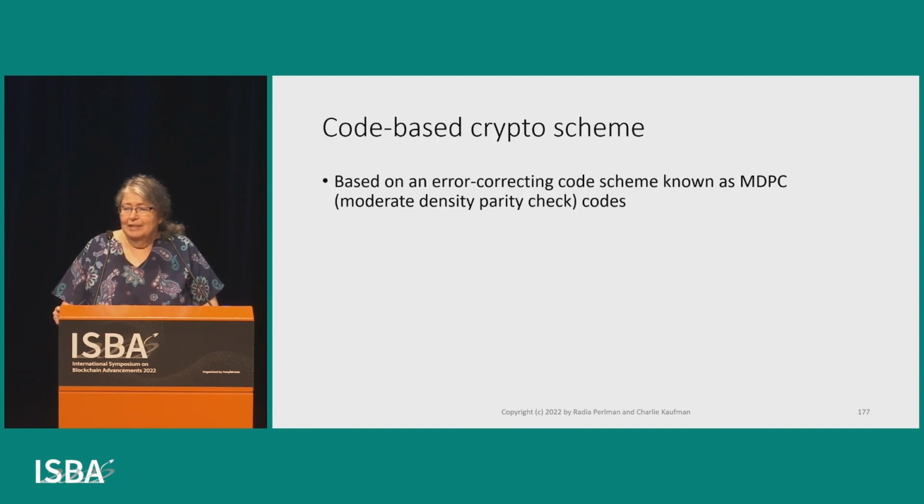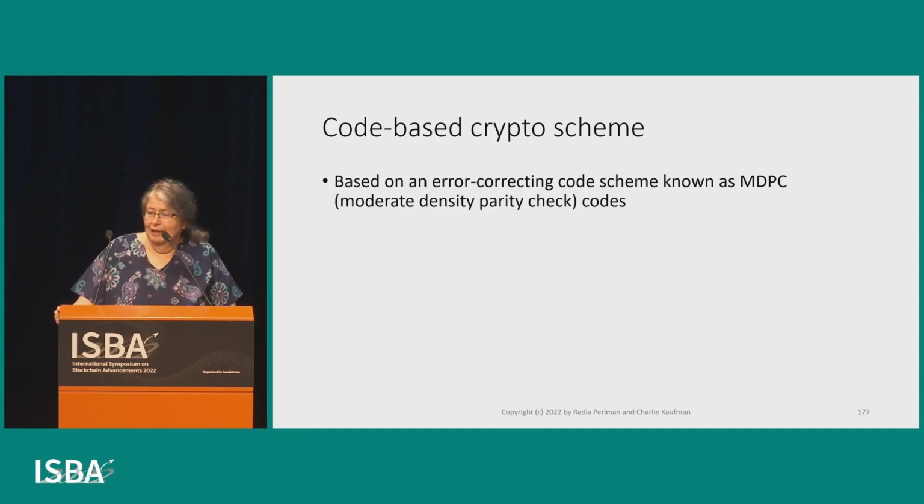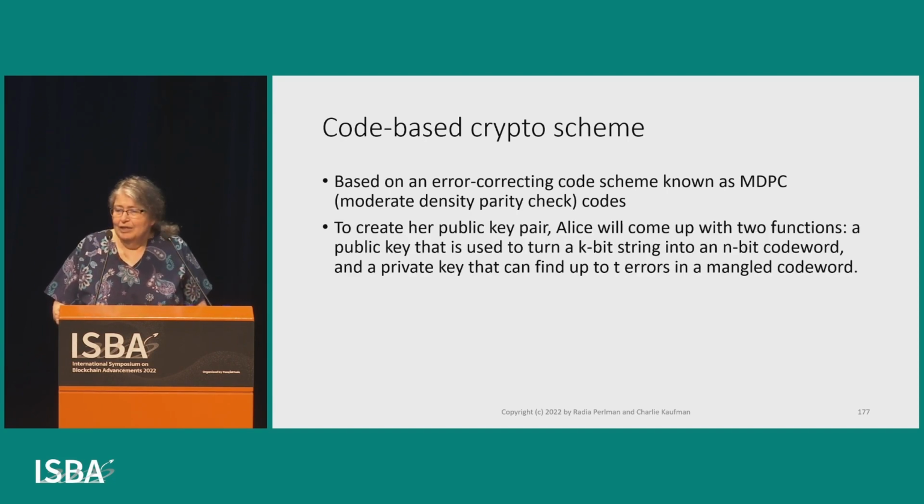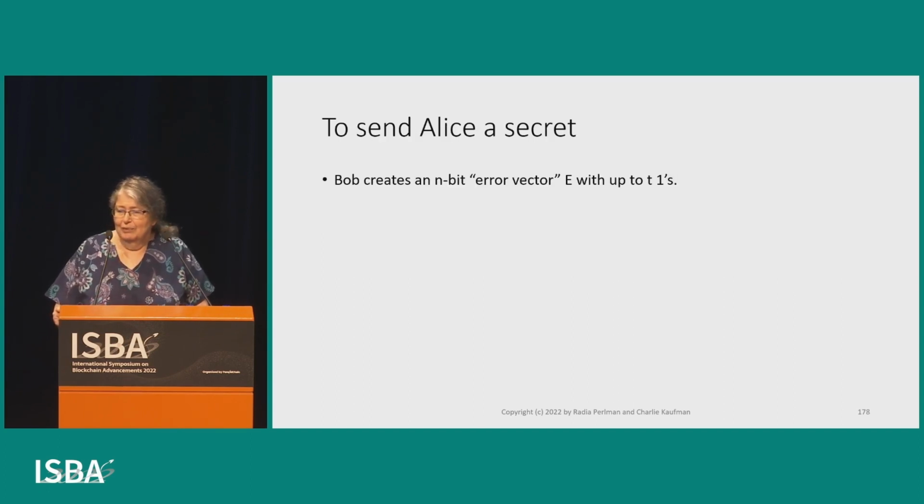So, this particular scheme is based on an error-correcting code known as MDPC, which stands for Moderate Density Parity Check. To create her public key, Alice comes up with two functions: something that takes a string and converts it into a code word, and another function that takes a code word with errors and figures out where the errors are. So to send Alice a secret, Bob, who knows how to create a code word,